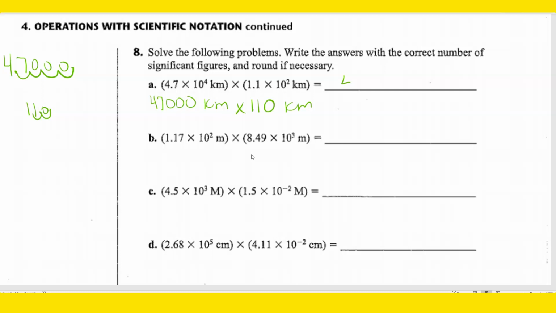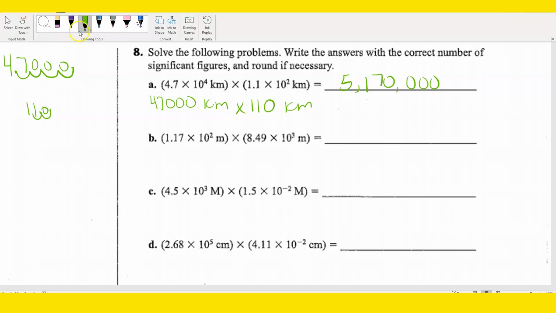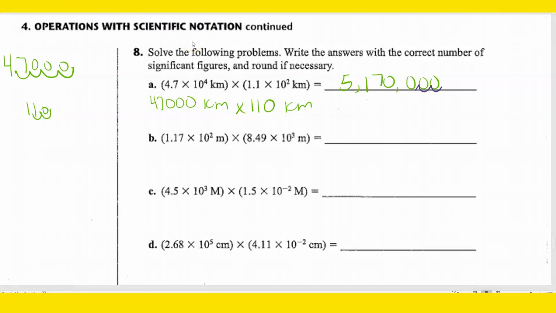When I plug it in, I get 5,170,000. But remember, we're going to put this answer in scientific notation. You can assume the decimal is at the very end, so I'm just going to move it. 1, 2, 3, 4, 5, 6. So I would get 5 point